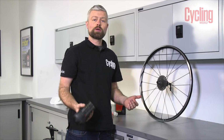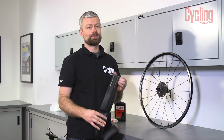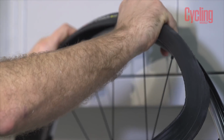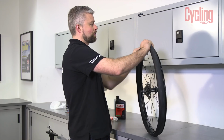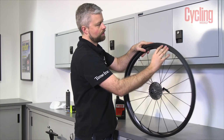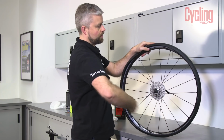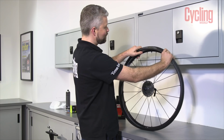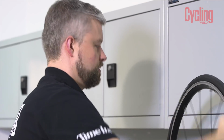So whether you're fitting your tyre that you've repaired or you're replacing it because the cut's just too big to fix, this is how it's done. Fit the first bead of your tyre to the rim. Make sure that you've got the rotational direction correct. So this Hutchinson tyre's got a directional arrow, which means that it will turn that way. The Pro Touch, you want to line your logo up with the valve,